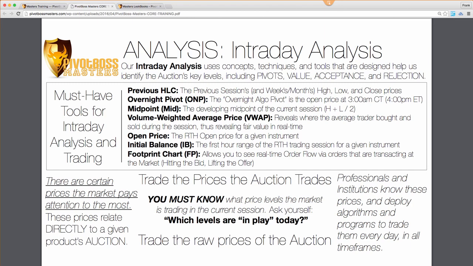So I would say it's the RTH open time. For example, the ES futures will trade overnight, but during the RTH, when it opens at 8:30, is when the IB starts. So even though the futures are trading overnight, the initial balance wouldn't be until 8:30 to 9:30. In your example, because I haven't traded the DAX, it's been a while, it would be the 9 o'clock European time, if that's the RTH open, like if that's the pit open or whatever it would be.